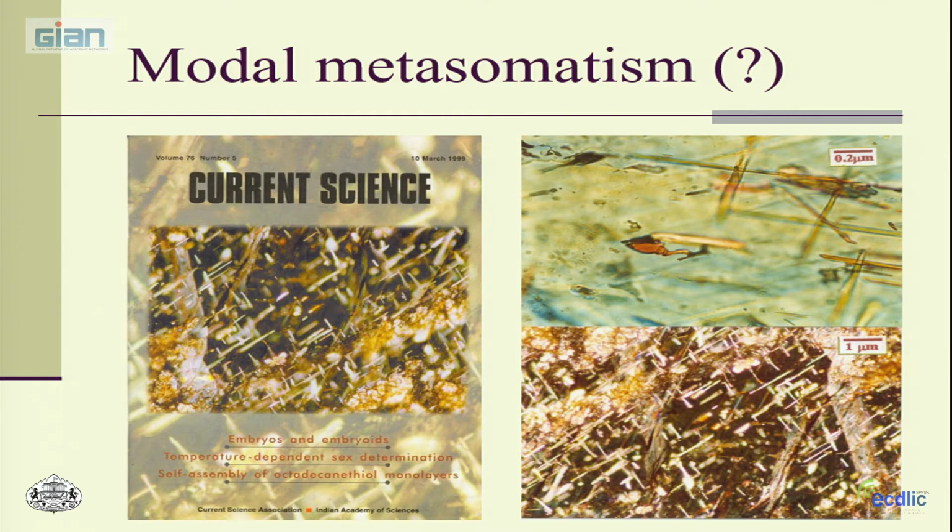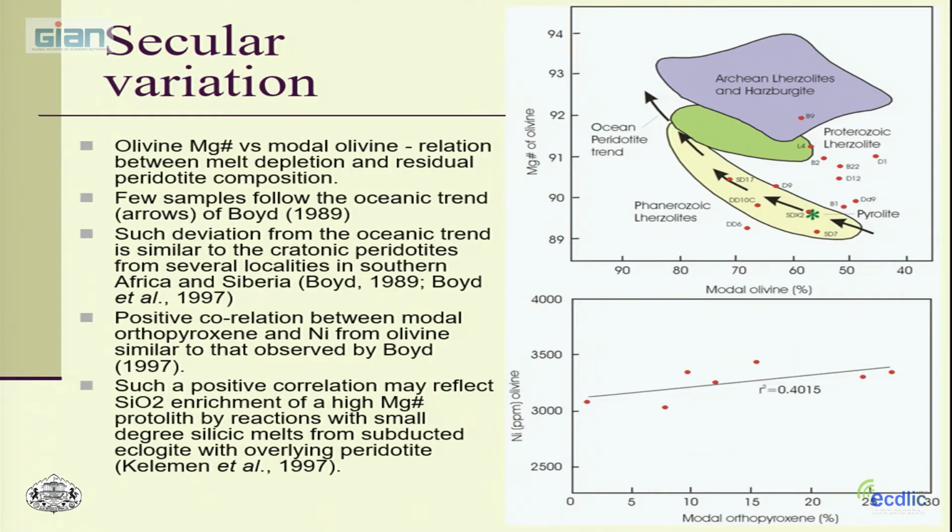Many of them, as we have already seen, are occurring as exsolutions, and these are rutile exsolutions indicating mantle metasomatism. The secular variation with respect to the Mg number and the modal olivine content is the trend you normally see for the Phanerozoic lherzolites, and most of these xenoliths, a few of them follow this trend and a few are away from it, but they are definitely outside